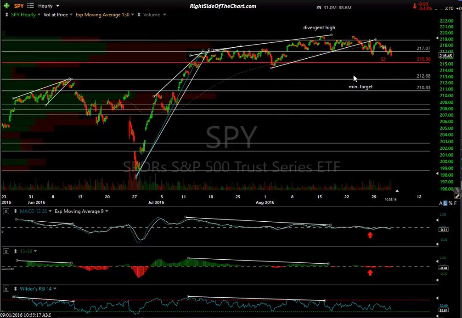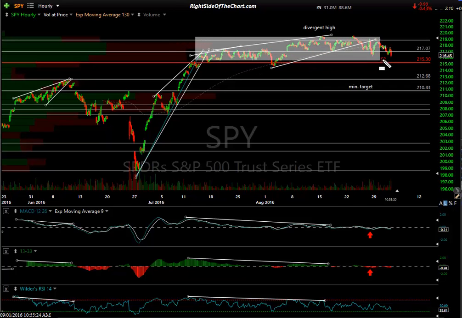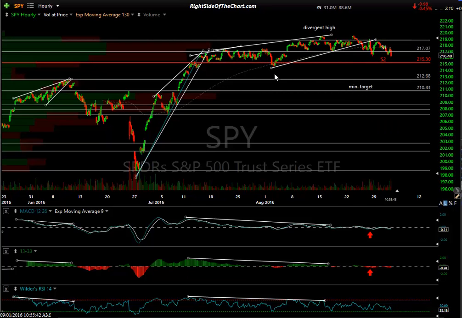I mentioned 2530 is a key support level on the SPY. You can see the trading range, same all the way back to July. So there's your trading range. We had one little whipsaw signal there. And so I think it's safe to say that once 2530 and 116 on QQQ go with conviction, those impulsive candlesticks, we're going to hit those minimum targets in probably relatively short order. But until and unless that happens, the trend is sideways. It's not up, it's not down.